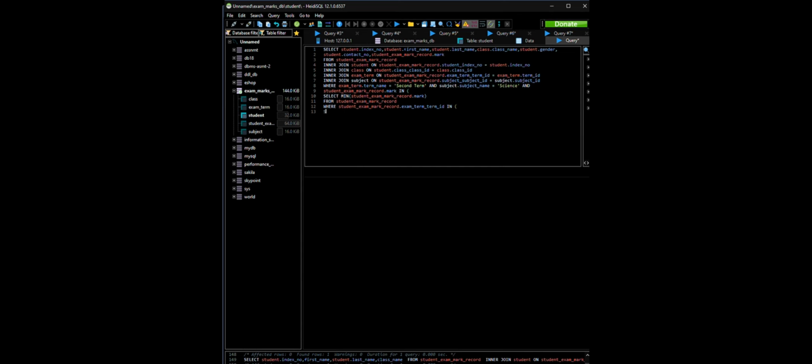the, so here we're going to select again the exam term ID, term ID from exam term. So from this table, where the exam term dot term name is equal to second term,